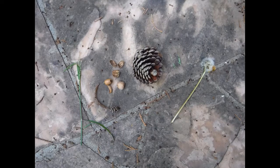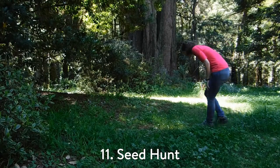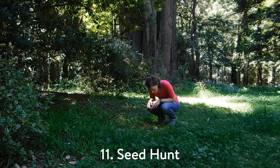In that last activity, I found some things that were seeds, or at least held seeds at one point. And that got me thinking about our next activity, a seed hunt. A seed hunt is a really fun way to learn a little bit about how plants reproduce or make more